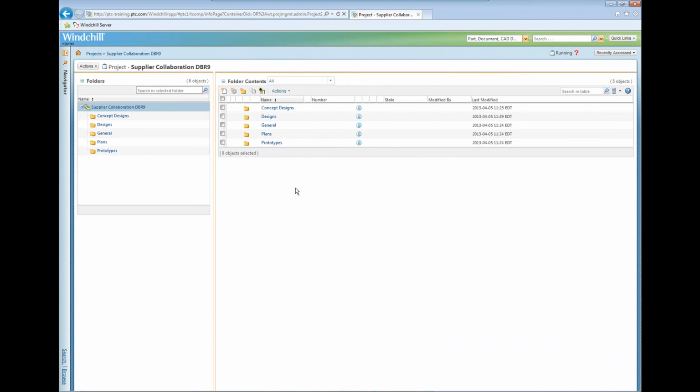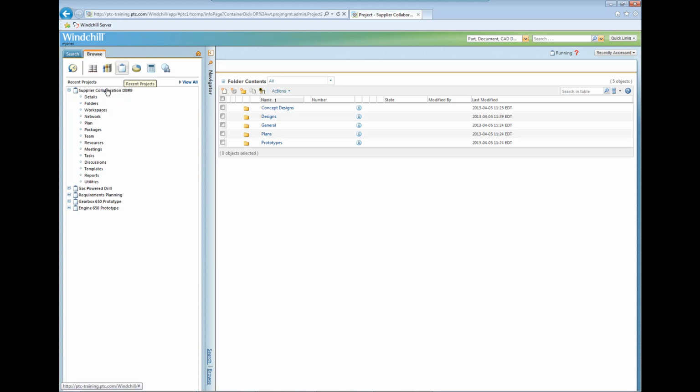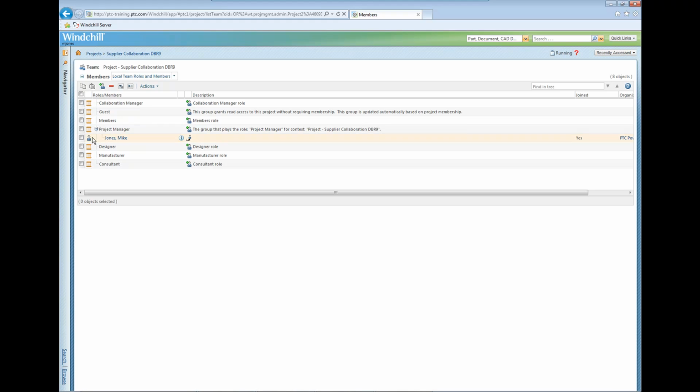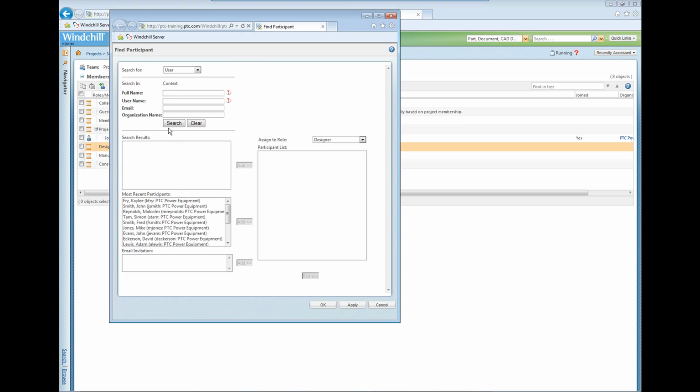We rejoin the demonstration, still logged in as Mike Jones and looking at the project folders. Now we need to add new members to our team. So by going to the project tab, we can select the team option, where we can see all of the roles which we have assigned to this project, and those roles will dictate what people can do within the project once they're in. And we simply find the role that we wish to add a member to, select the icon,